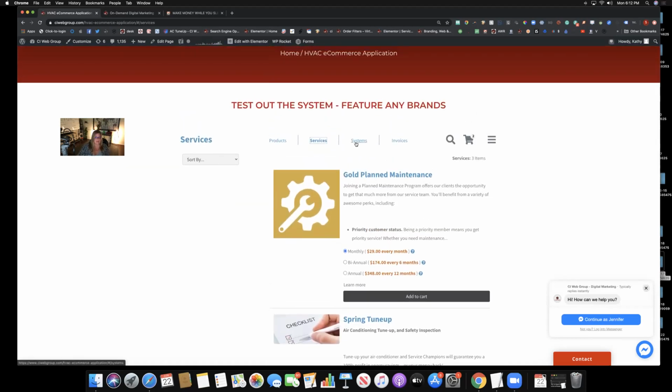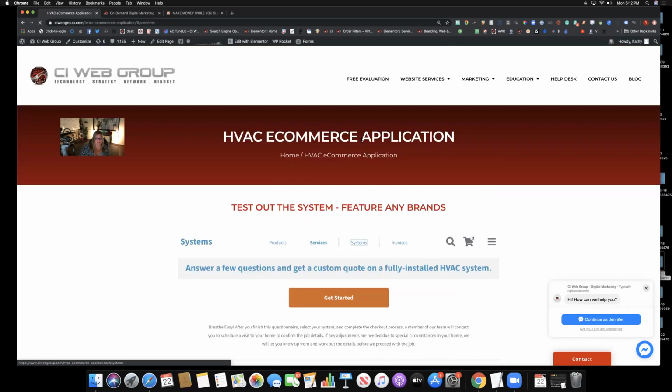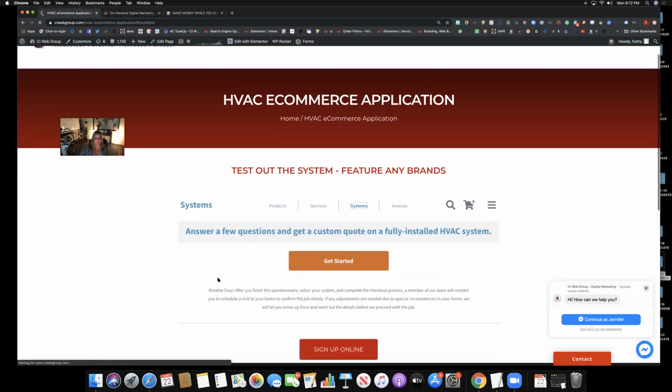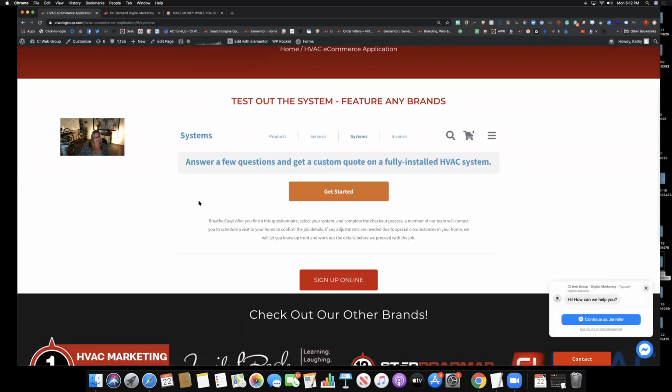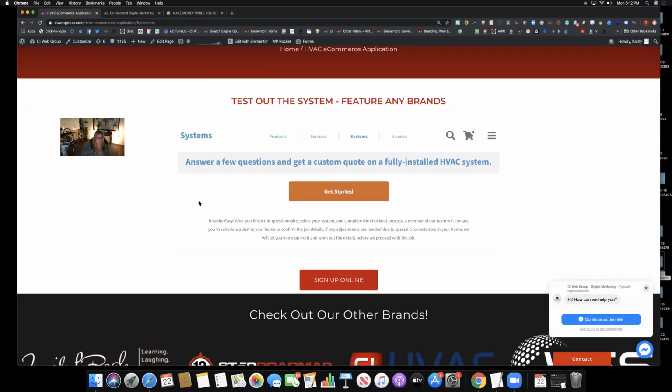Next, so if you sign up for free, the products area is going to be included. If you add the services, that's the $99 a month, and that gives you the option to sell one-time and recurring subscriptions. And then finally, if we move to the biggest package, our Pro, we're going to move over here. This is your ability to sell systems.